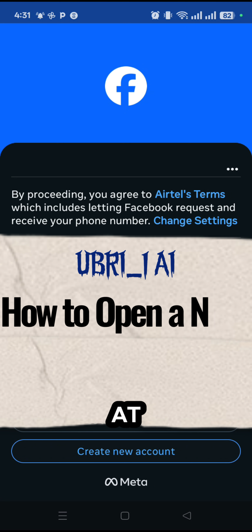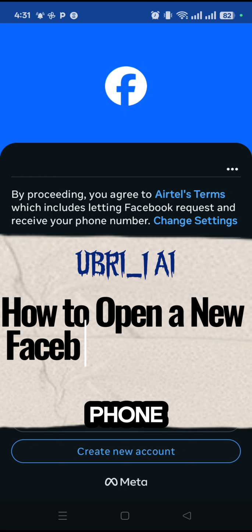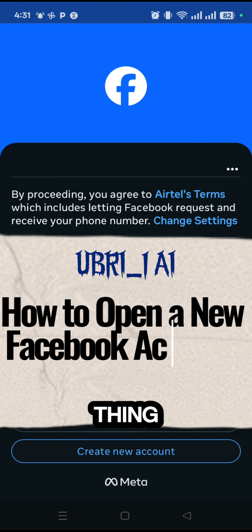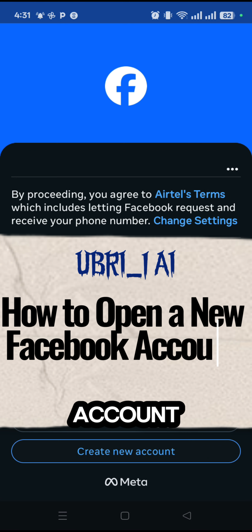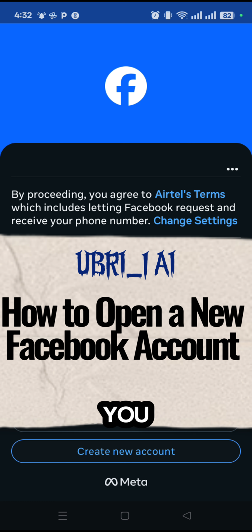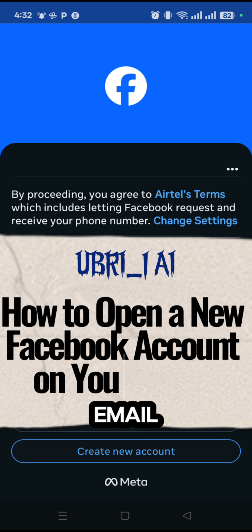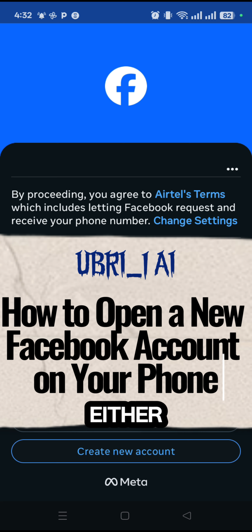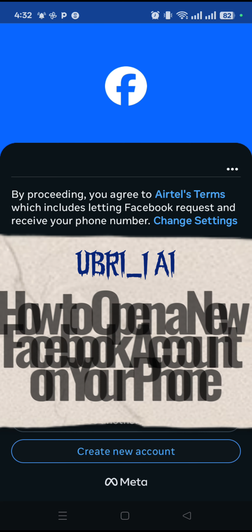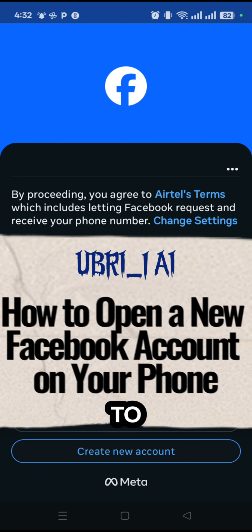Today we are going to look at how to open a Facebook account using your phone. One thing special about opening a Facebook account with the phone is that you have the option of using an email to open the account or a phone number. So you can either use an email or a phone number. Today I'm going to show us how to open an